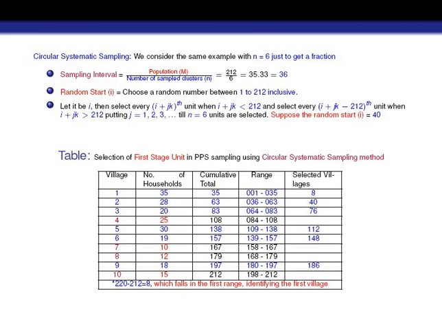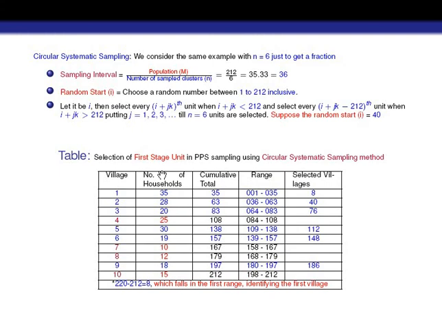So what we'll do? We just subtract our total population from this random number to get a number. And whatever number we get after subtracting these two, we consider this for our study. So if we subtract 212 from 280, we get 8. And this 8 falls in which range? This 8 falls in this range, 1 to 35. That's why cluster 1 is being selected for our first stage unit. So this is the way to draw cluster from the population for our first stage unit by using the circular